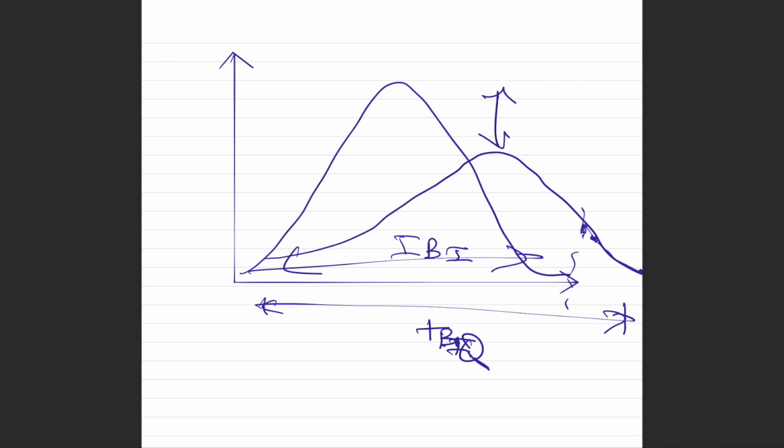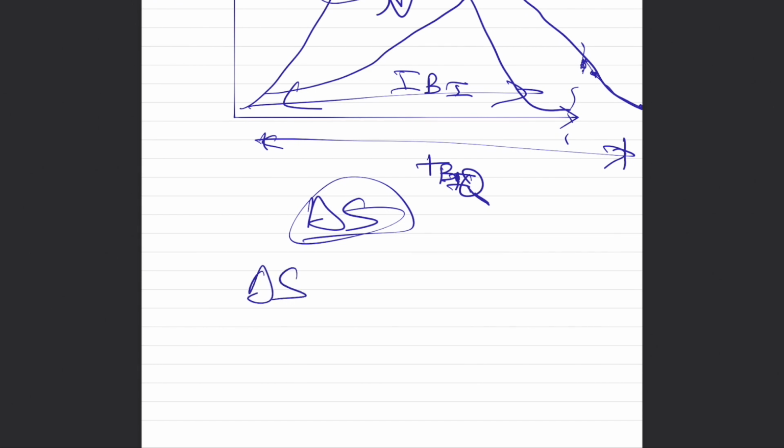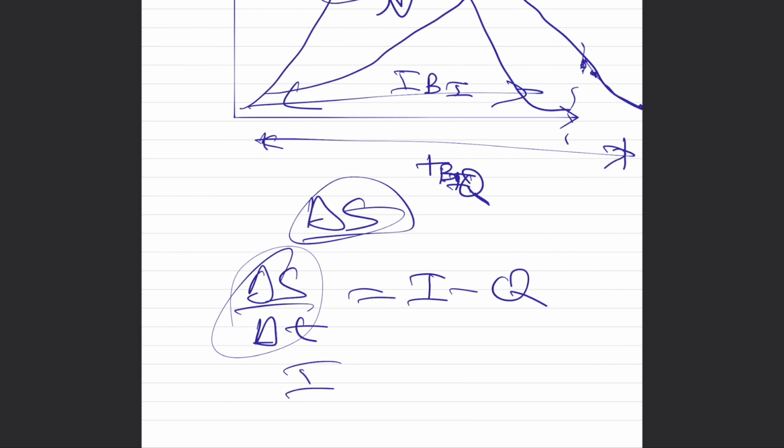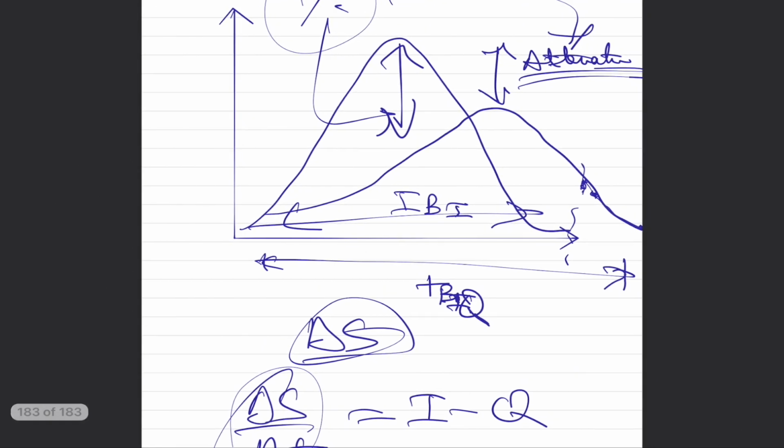Also, there would be some attenuation of peak. That means once it passes through a long stretch of river, the magnitude of Q would reduce by a certain percentage, and we say this is the peak attenuation that has happened because of changes in storage. And again, if del S upon del T equals I minus Q, and del S upon del T itself is 0, that would mean I is equal to Q, and there would be no wedge formation. Hence in case of steady uniform flow, the shape of inflow and outflow is not going to change, specifically when we are dealing with time invariant flows.